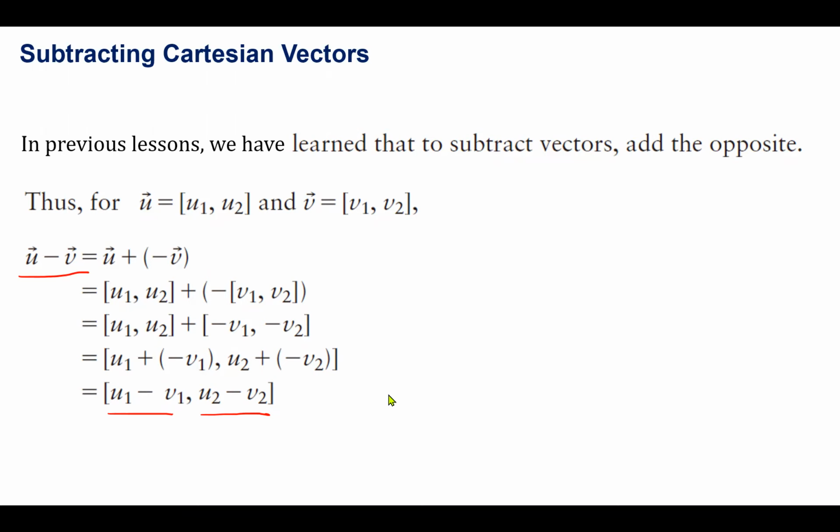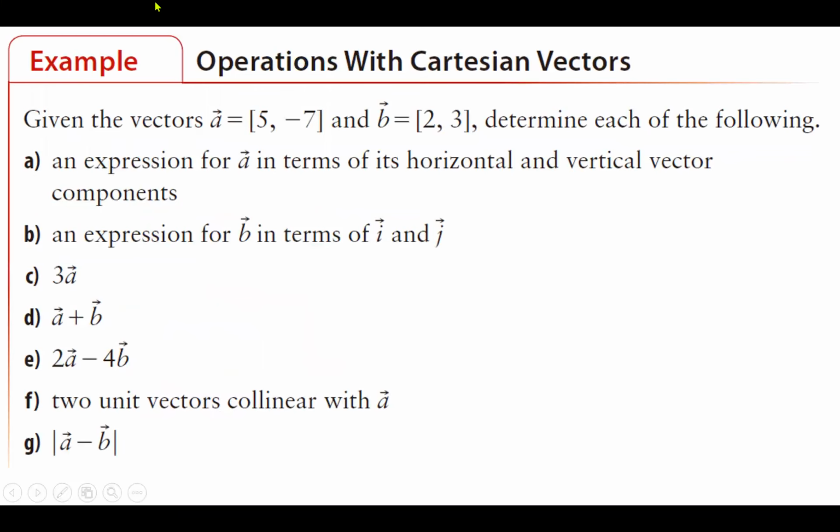Okay, any questions? No? Okay, then let's have a look at an example to check what we have learned so far. Operations with Cartesian vectors. Given vectors A, with two components 5, negative 7, and vector B, 2, 3, determine each